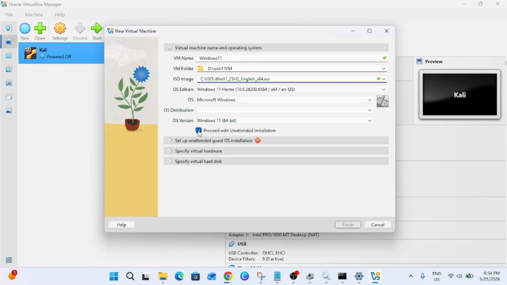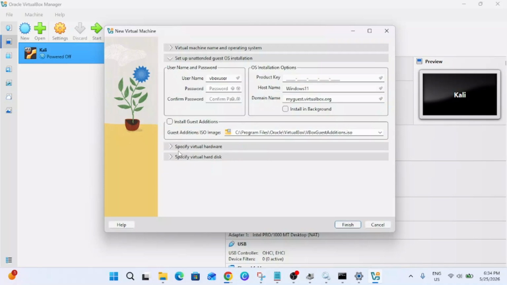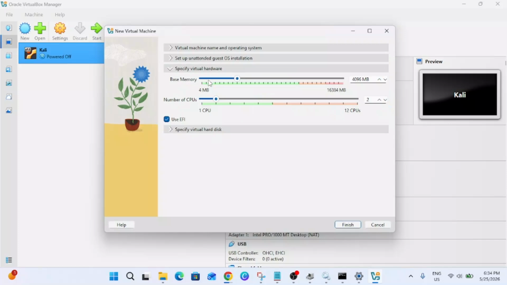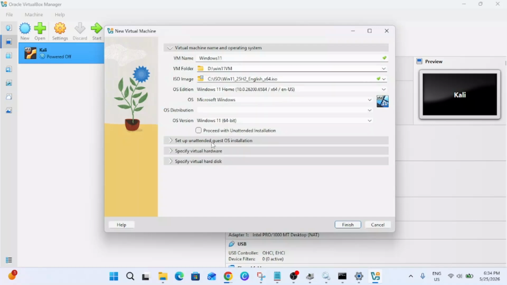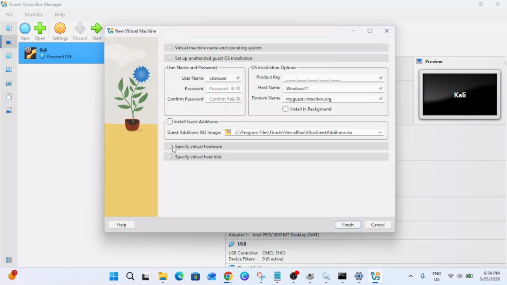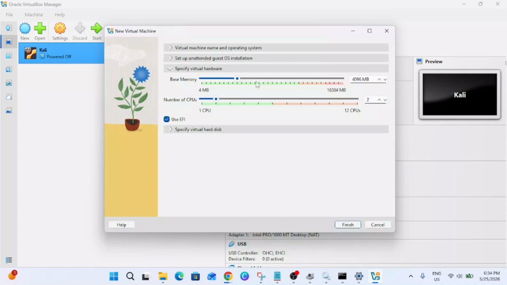Okay, we can untick this option, proceed with unattended setup. We're going to do it manually, so click on specify the hardware here. The first option you will see is setup unattended; we have already unticked it. Now specify the virtual hardware. 4 GB is the minimum requirement for Windows 11, as you know, and for cores, the more you can give it, the better. I'm giving it 6 cores